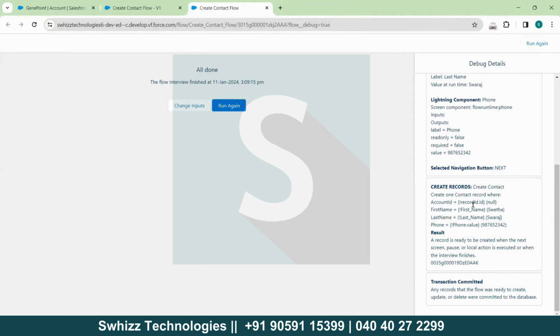The record id, it won't take here because we are just providing input, it's not related. So just here debugging, and the first name, last name, phone, it will use. See, a record is ready to be created when the next screen, pause or local action is executed, or when the interview finishes. Okay, so this is the record id which is created